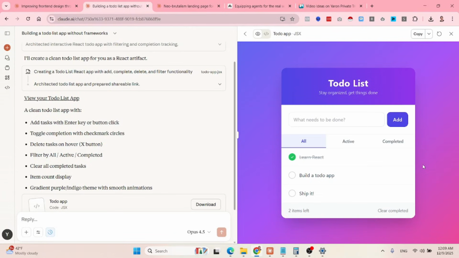I have used Claude Code to generate a to-do list app for me. No, I'm just kidding. So guys, today I wanted to show you, actually it's somewhat of a joke, but not 100% a joke, because I did build a landing page for a to-do list app, but this is just